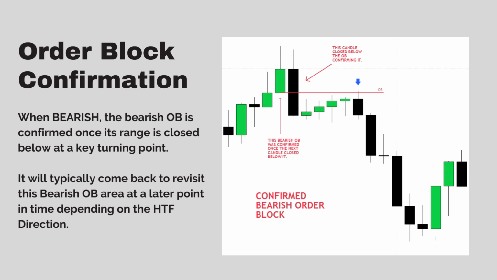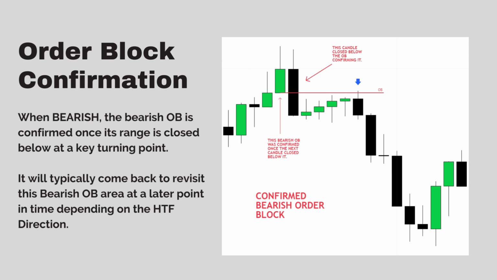So how is the order block confirmed? When bearish, the bearish order block is confirmed once its entire range is closed below at a key turning point. So you have to have a key turning point beforehand. In this instance, maybe for example, you have a weekly or a daily